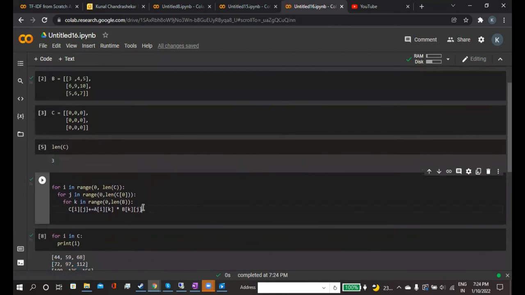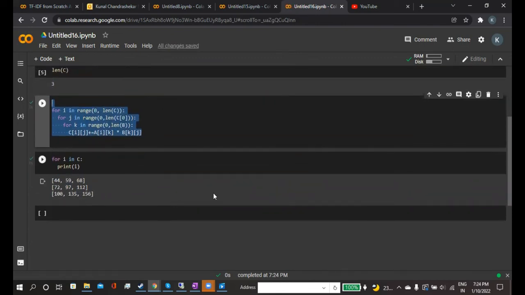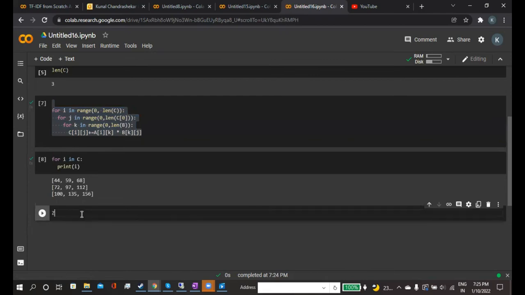So this can be done. Here we have written 3 lines, but this can also be done in one line. For that we have to use list comprehension and zip functionality. I have covered zip functionality in an earlier video. I will link that particular video in the cards. You can go and watch it as well. So I want to show the magic of zip functionality.